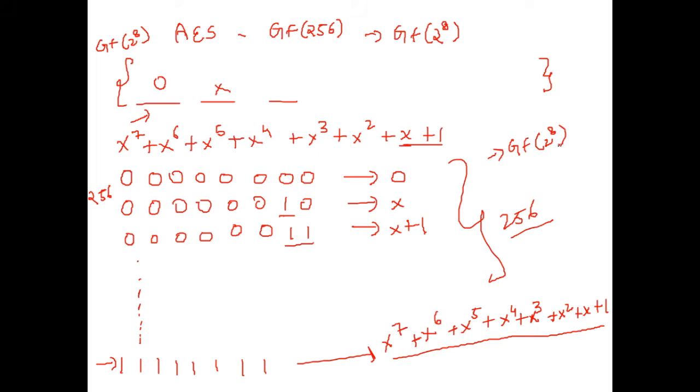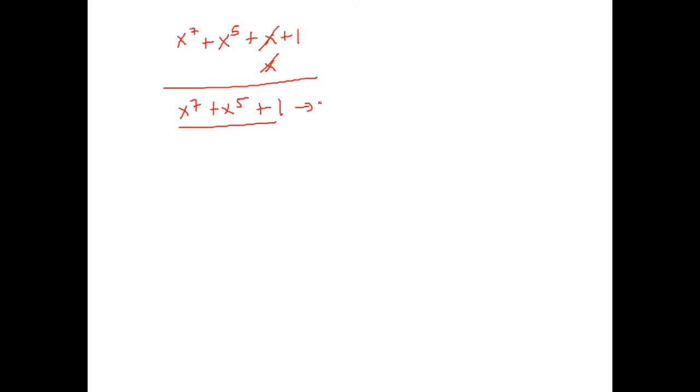Okay, now let us take a look at addition, multiplication and division in GF2 power 8. Let's take some simple examples and work it out. So let's consider these two polynomials. One is x power 7 plus x power 5 plus x plus 1. We're going to add this polynomial with another polynomial x. So it's a simple XOR addition. So what is going to be the result? Similar terms will cancel out and the output here will be x power 7 plus x power 5 plus 1. So that is our result.